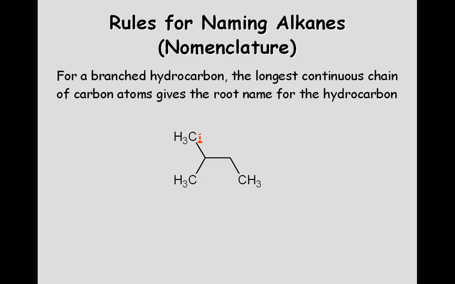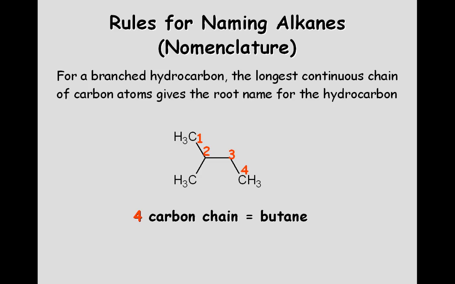And what you look for is the longest chain. So you start counting from one end of the chain to the other. Notice there are 4 carbons in a row here. Now we could have counted from the other direction, starting at the carbon at the bottom and going up towards the carbon at the top, and we'll talk about the reasons behind that in a little bit. Notice that there's 1 carbon that's not part of the continuous chain, and we will take care of that carbon as well. There are 4 carbons in the longest chain, so the base name for this compound is